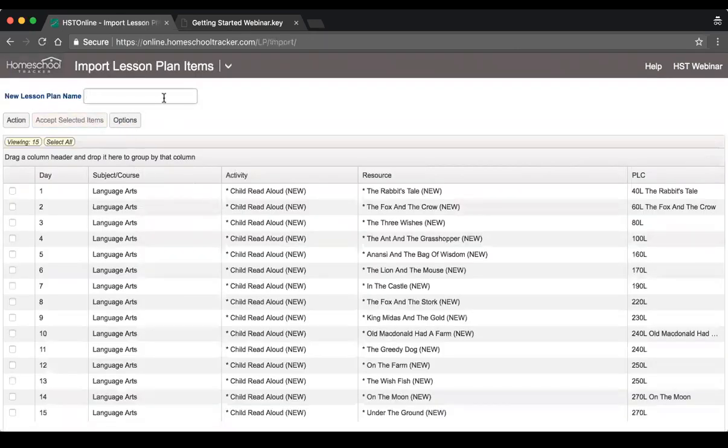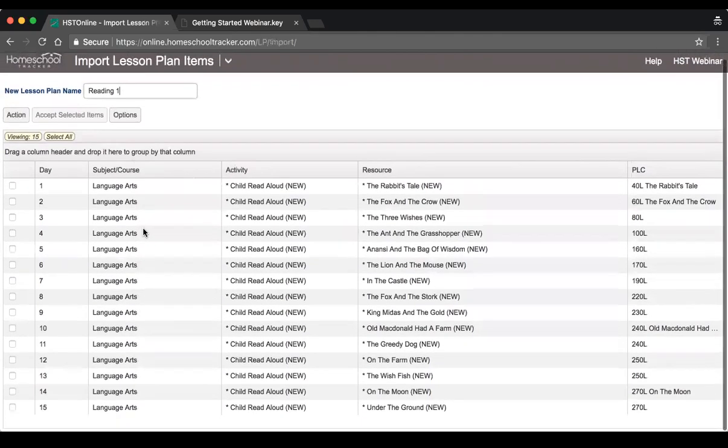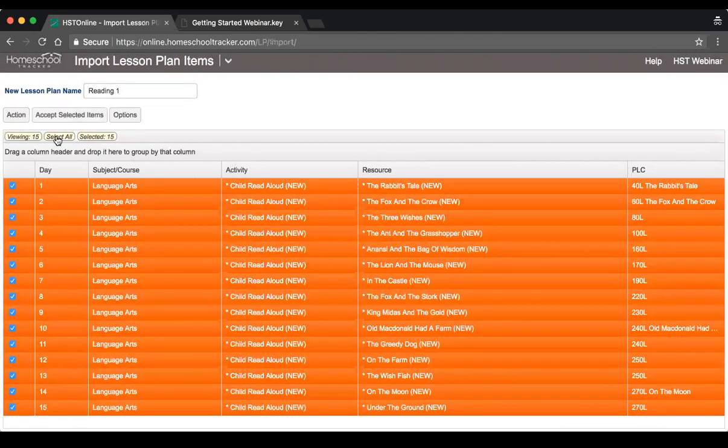And the first thing I do is give it a name. So I'm going to call this Reading 1. And then I can choose which items I want to import. I'm just going to go ahead and select them all. And before I accept the selected items, I want to edit this first,